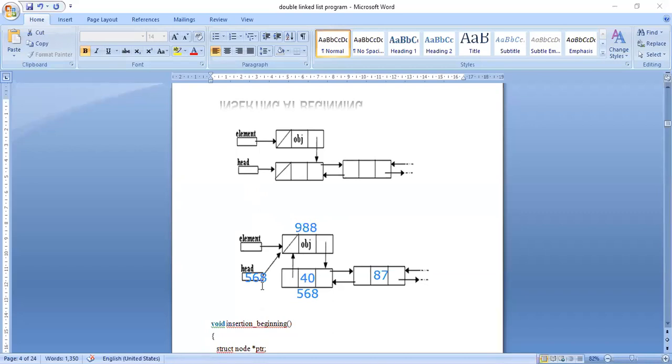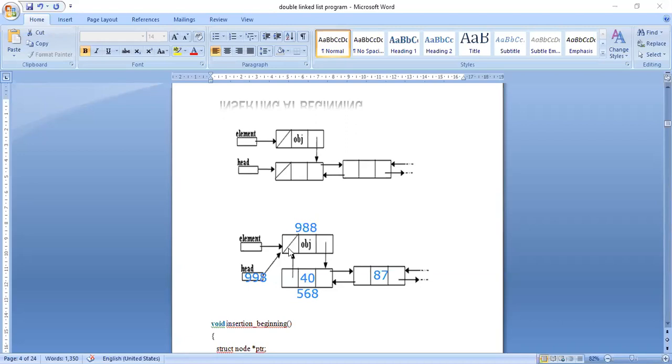998 value. So here, overall, 3 steps I have to do. See here. First is change the value of head. Change to 998. Okay. And next, change the value of the previous part in the newly added node as null.